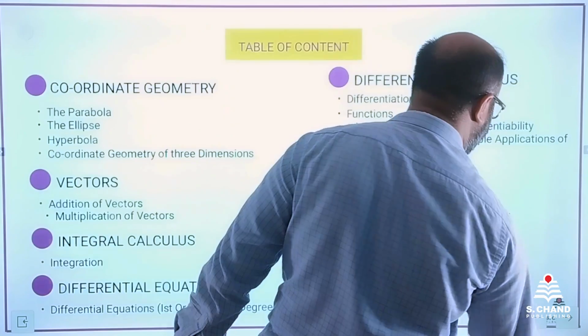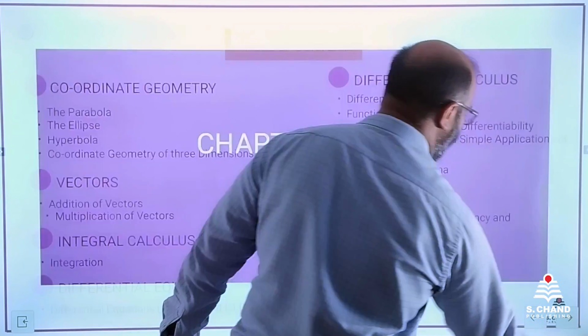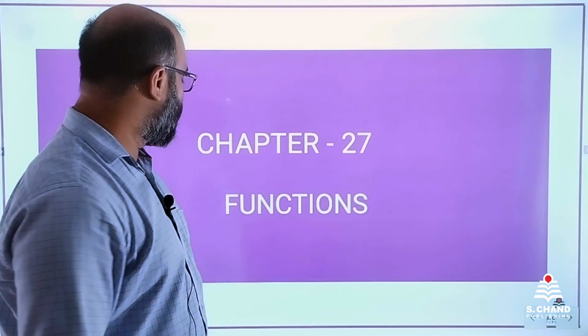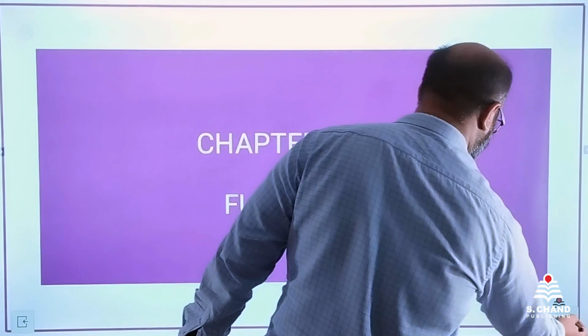So here we have the next chapter before us, which is chapter number 27. It is functions. Let us see some overview of this chapter. So let us talk about